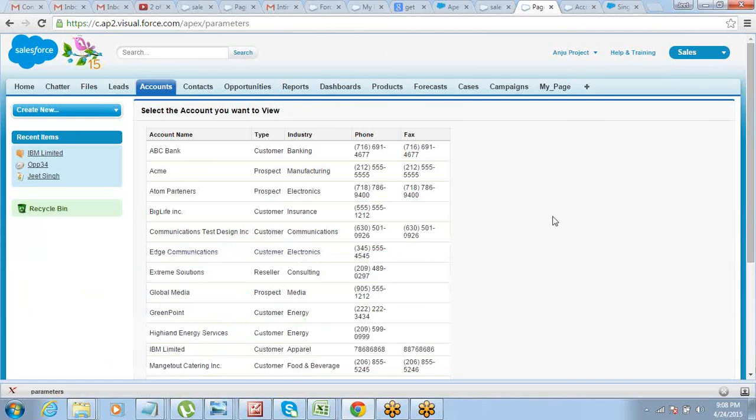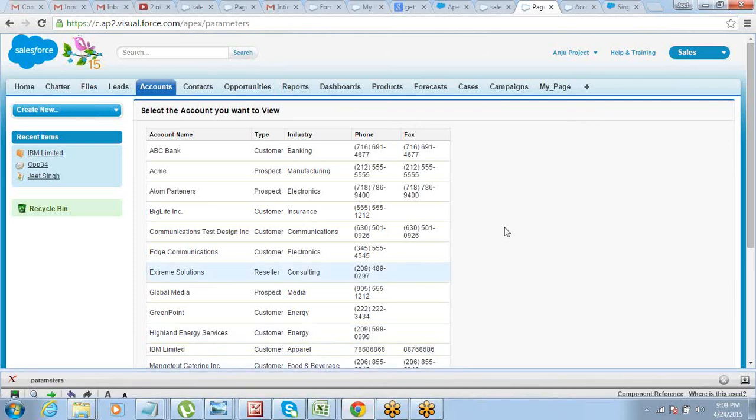Why I don't see anything? Because for detail record, I need to supply the ID. Usually we use detail component on a standard controller, and for a standard controller ID is supplied in the URL. But now because I'm working with a standard list controller, I've not supplied the ID as well. So the detail component is not getting the ID. Though I've used a detail component, I still do not see any record here. The reason is it is searching for ID and I've not supplied any ID to it.